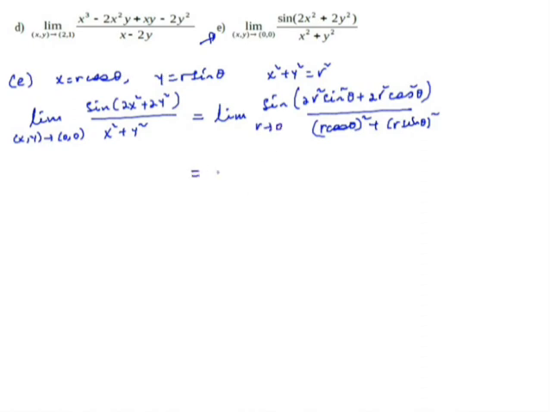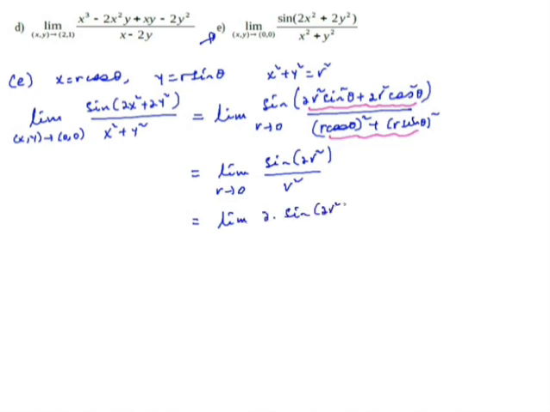So ይሄንን እንዴት ልናደርገው እንችላለን? The limit of sine 2r square over r square as r approaches to 0 ነው የሚሆነው። ኦኬ ይሄንን ሲምፕሊፋይ ስናደርገው ኢነር ኤክስፕሬሽኑን ሲምፕሊፋይ ስናደርገው 2r square ይሆናል። ይሄኛው ደግሞ r square ይሆናል። Therefore this becomes the limit of 2 times sine 2r square over 2r square as r approaches to 0 አድርገን መጻፍ እንችላለን።